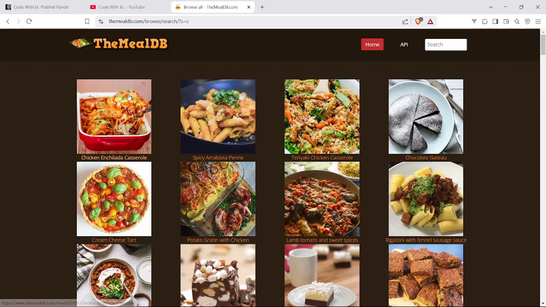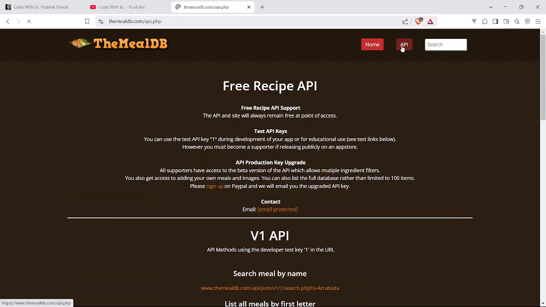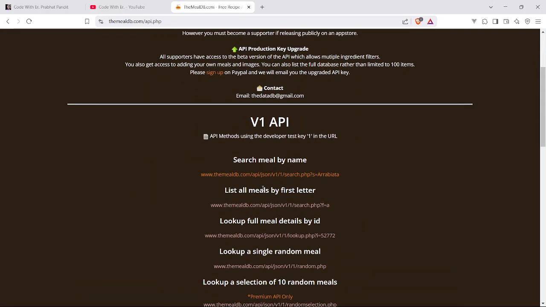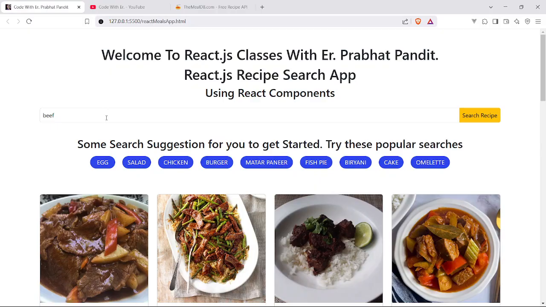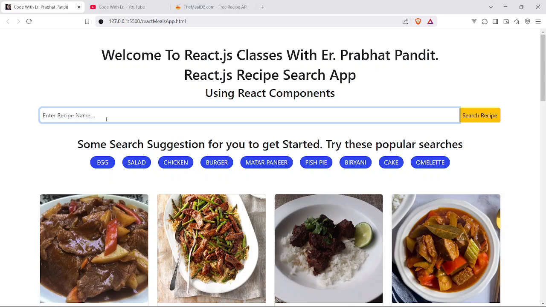Okay, so you can see here the MealDB. Let's just go to the API. So guys, this is the API, search meal by name. You can see here the heading also, search meal by name. This is the base URL we are going to use in this video, in this session, to create this dynamic and state of the art recipe search app using the